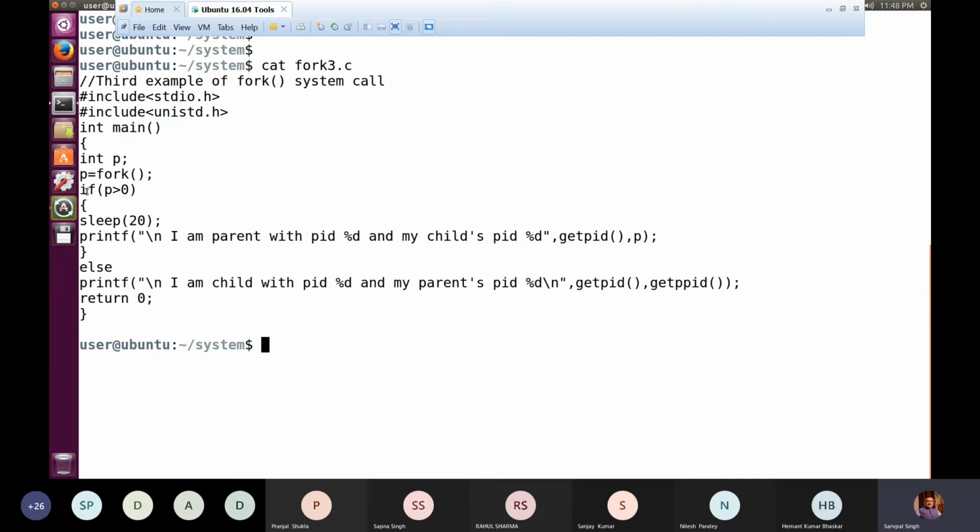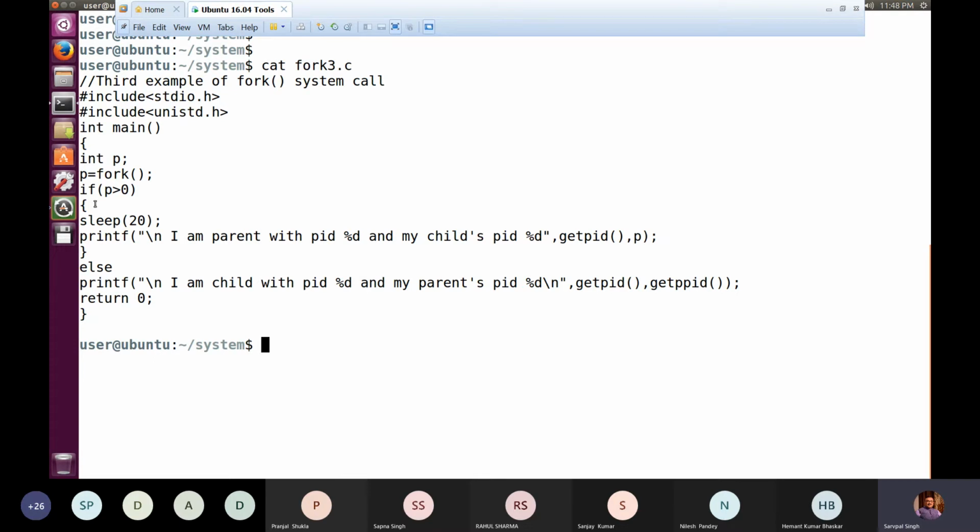And if we put this condition if p is greater than 0, this condition is common in both cases, in the parent as well as in the child, but it will return a true value in case of the parent process, and a false value in case of the child process. Okay. Because in the child, as I already told you, we'll have only a 0 value. So this will be true only in case of the parent.